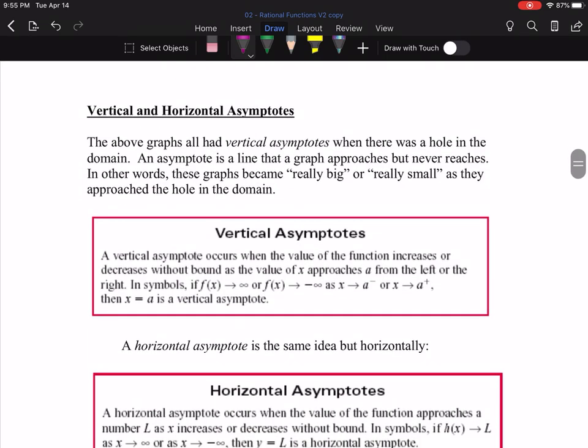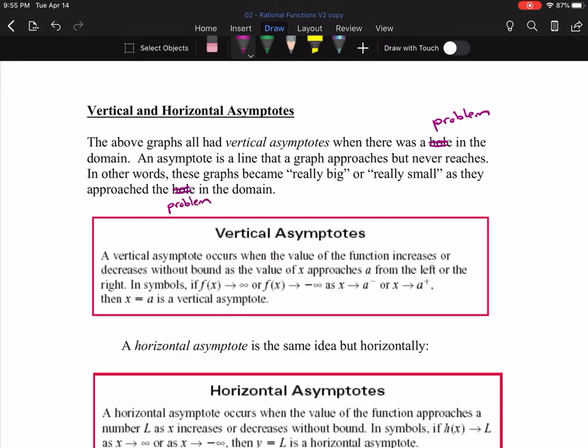A little talk about these vertical and horizontal asymptotes we've seen. So the above graphs all had vertical asymptotes when there was a hole in the domain. I want to change that word hole because I got to use it for something else later, okay? The above graphs all had vertical asymptotes when there was a problem in the domain. An asymptote is a line that a graph approaches but never reaches. In other words, the graphs are really big or really small as they approach that problem